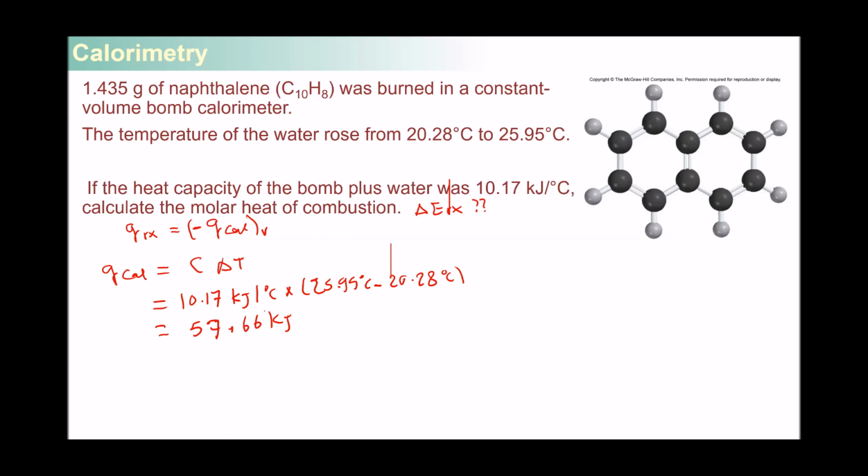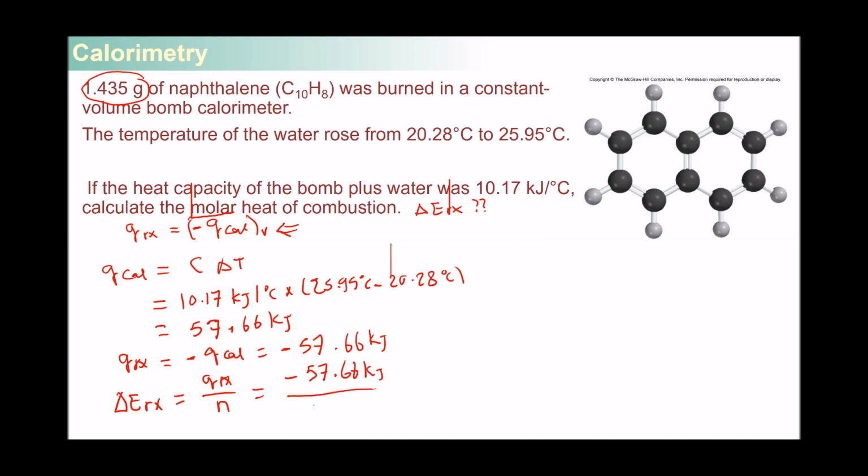This is going to give you 57.66 kilojoules. And from this equation, Q of the reaction is going to be negative Q of the calorimeter, so it's going to equal negative 57.66 kilojoules. But this amount of heat was produced from that mass of the sample, and here it asks to calculate it per mole. So what we want to measure is actually delta E of the reaction per mole. So this is going to equal the heat of the reaction divided by the number of moles in the sample. So it's going to equal negative 57.66 kilojoules divided by the mass,